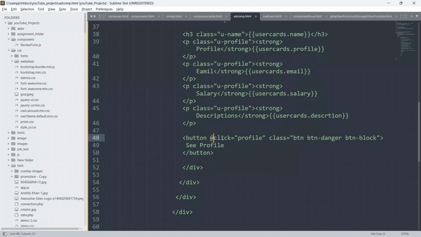Whenever a user clicks on this button, a custom method profile is going to trigger, and then we will define all the things we have to do when the user clicks on this button inside this profile custom method or function. So later on we will define it also.